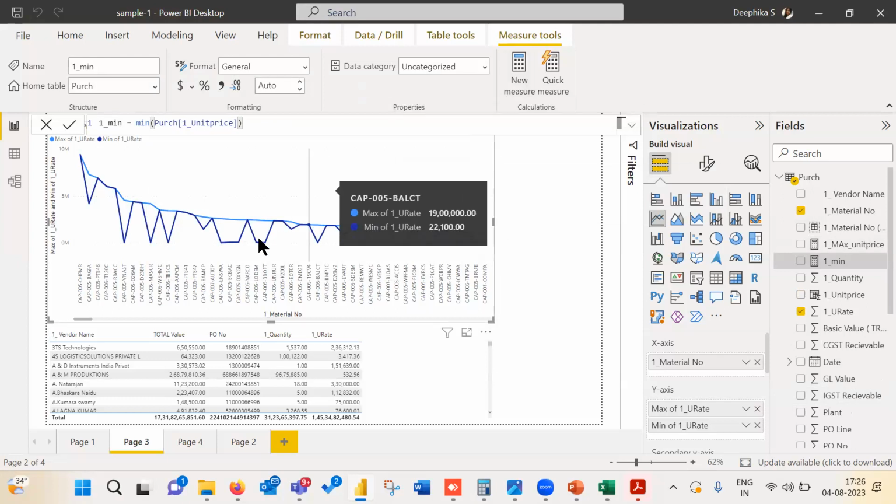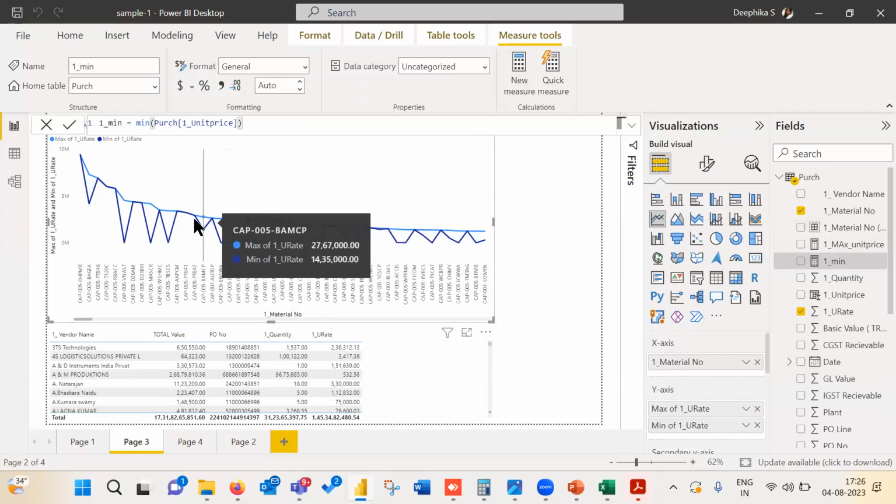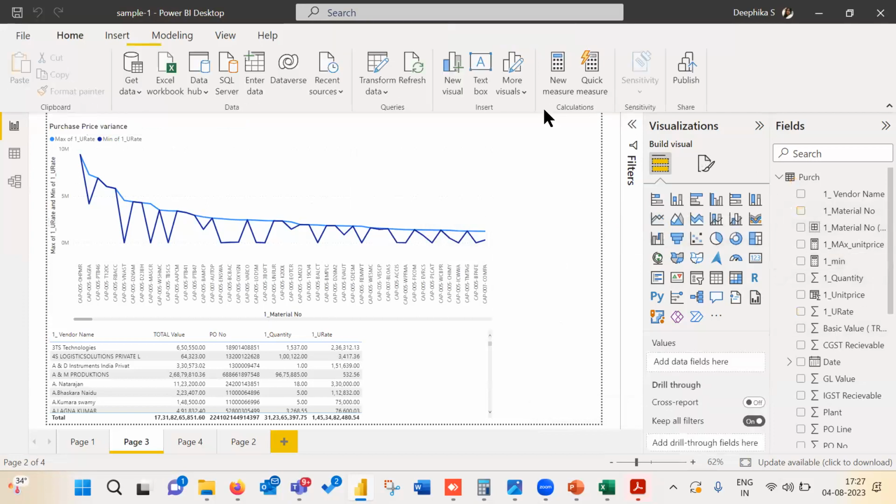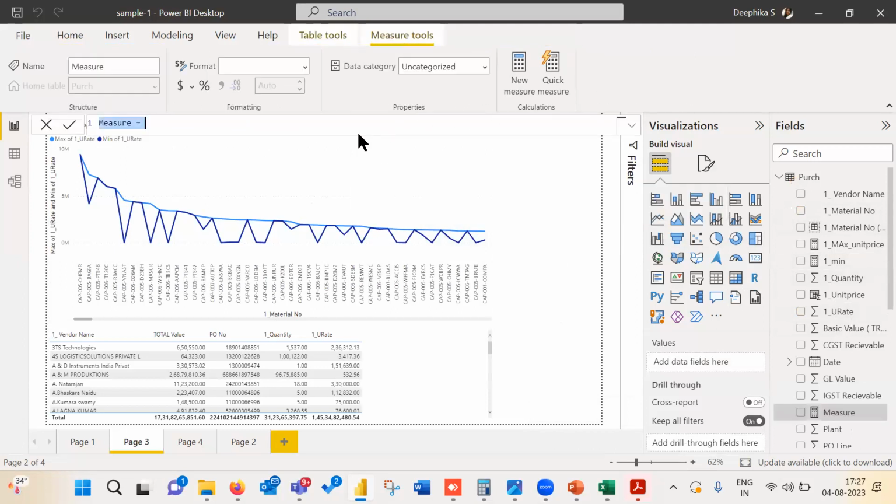So now in an implicit measure, when I put maximum price and minimum price, many of you would have thought, if I knew the difference, then it makes my work easier. I will take only variance where there is more than 50% variance, more than 30% variance. I can fix materiality, right? But first time I was not able to do, because implicit measure I cannot use in another formula. The minimum which came from this cannot be referred in any other formula. But the measure we write can be referred in different formulas.